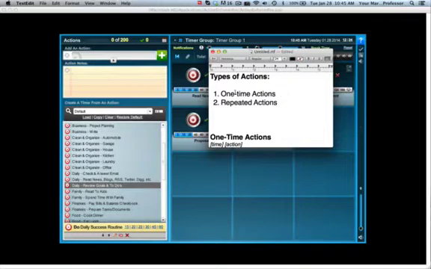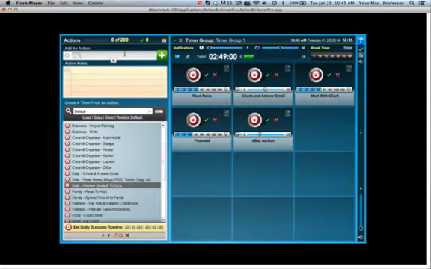Let's first start with diving into these one-time actions and the format for actually creating one. The trigger that tells Action Enforcer Pro that what you're entering up here in the Add an Action box is a one-time action is that you start it with the time. Then you have a space, and then you're going to have the name of the action. So if we wanted to do 20 minutes for an eBay auction, we would simply type in 20 space eBay auction. And again, this 20 minutes is the trigger that's going to say to Action Enforcer Pro, aha, you don't